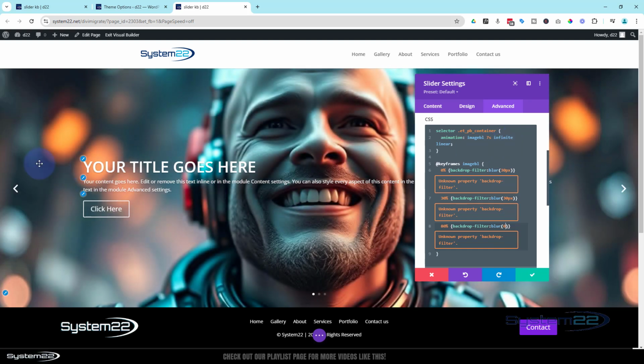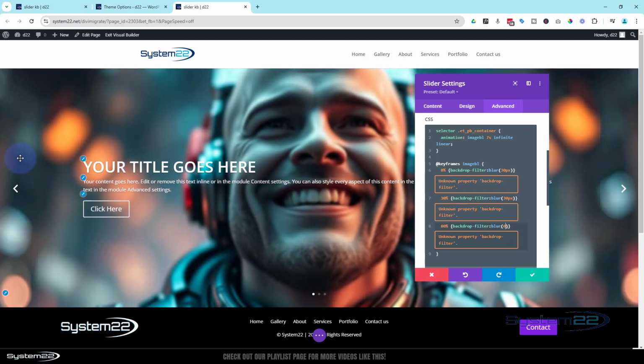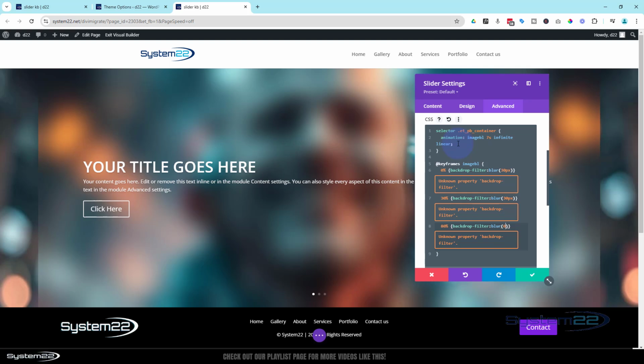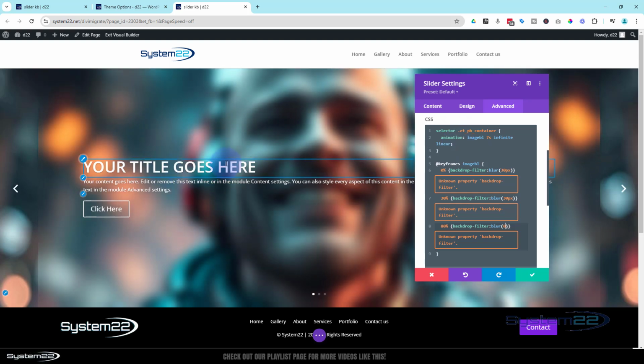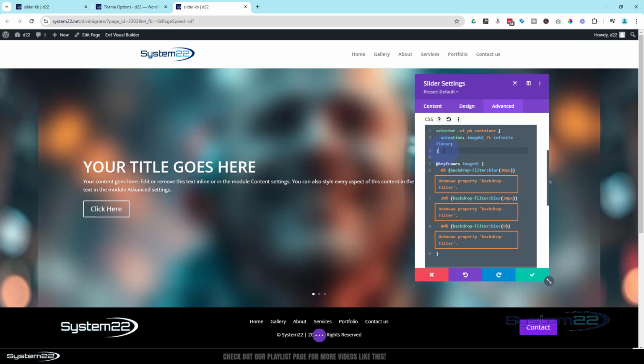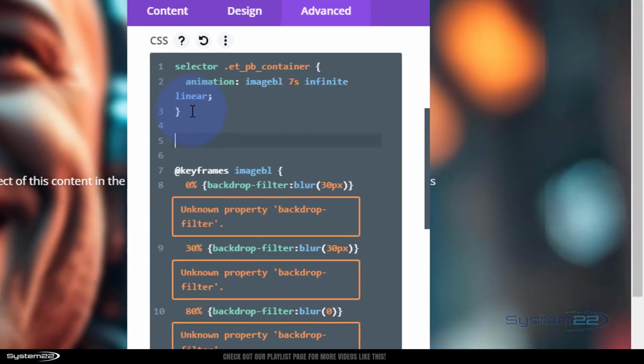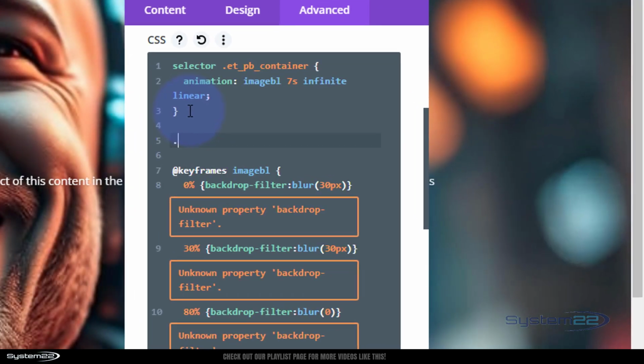Now we've got a bit of trouble. We've got that area from side to side. We can fix that quite easily by giving a bit of padding left. I'm going to push this over. We need to add a little bit of CSS before our keyframes there. We need to target the slide itself. I inspected this earlier, so it's